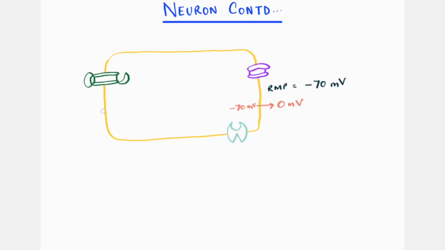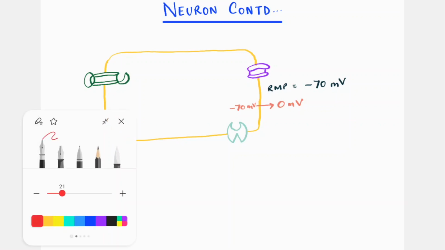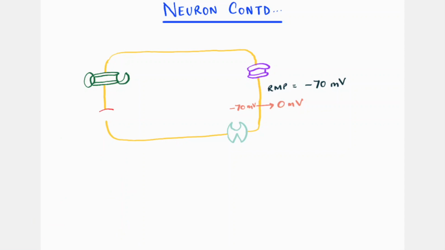Let us put in one more ion channel in here, and let's make it in red. This is the voltage gated potassium ion channel. I haven't told you about this before, but this one is a slow gate. It's not a fast gate, and it does not have the second gate like the sodium ion channel does. It just has a transmembrane porous protein, that is the actual ion channel, and a slow gate on the outside. And this is for potassium ions.